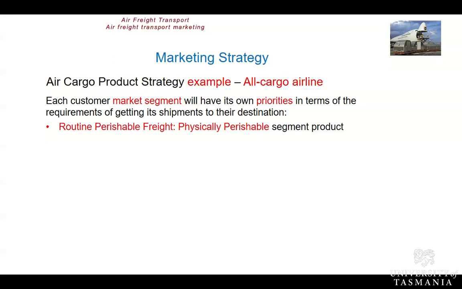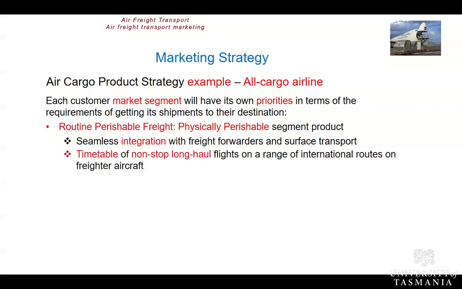So this particular market segment is the routine perishable freight, physical perishable segment. So to service that, I would need some seamless integration with the freight forwarder to maintain some form of cool chain. I've got to offer a range of